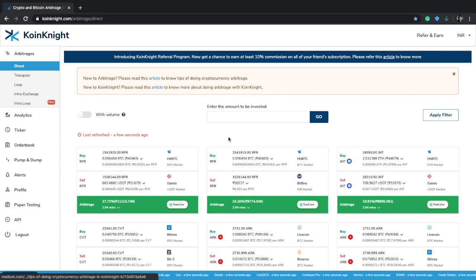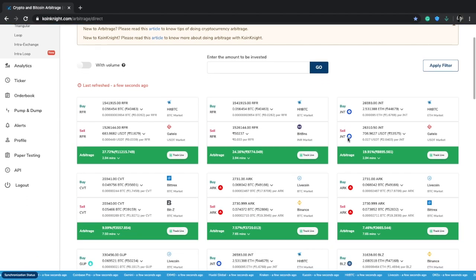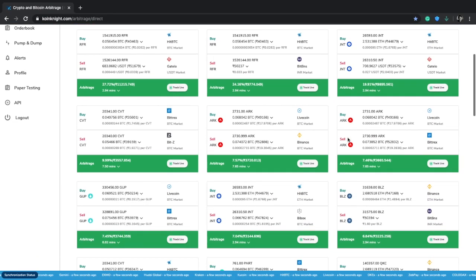Before moving forward, let us disconnect from the internet to avoid reshuffling of this card during the video. These cards are direct arbitrage informational blocks and they are arranged on a profit percentage basis. So they get updated in real time, and during the explanation process, I don't want the cards to reshuffle and then we are all mixed up. Let's now begin by learning the basic functionalities of these cards and their significance.